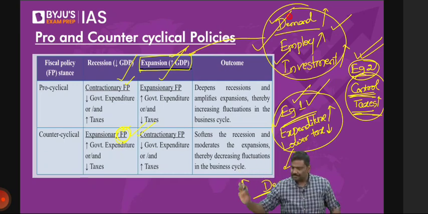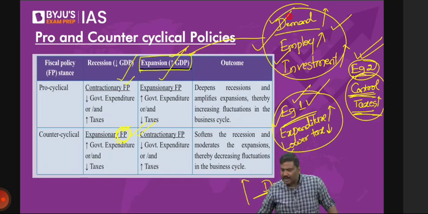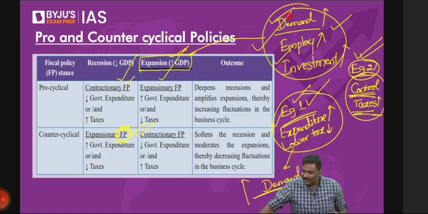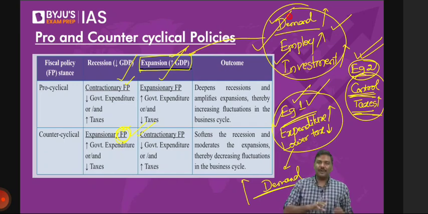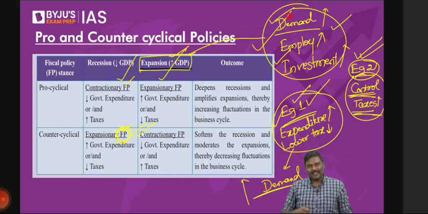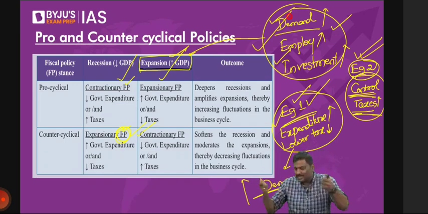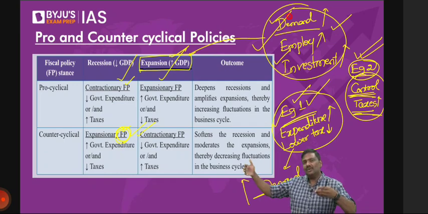Pro-cyclical is bad. Why did government introduce it? Because, understand this, you never know to what extent the economic cycle will exist. Do you know what is going to happen to inflation after 1 month? There are so many uncertainties. We will increase expenditure, but suddenly after 2 or 3 months, we'll realize it has caused a lot of inflation. Then we need to course correct. Simple.